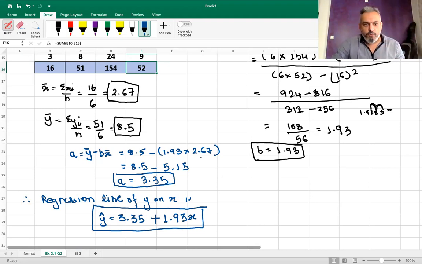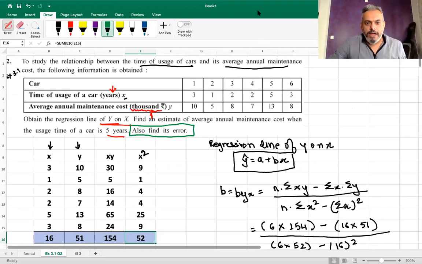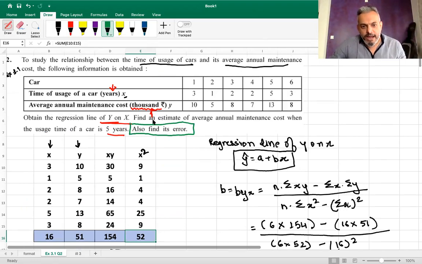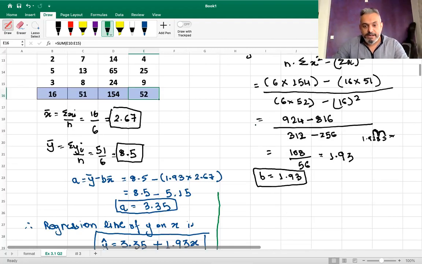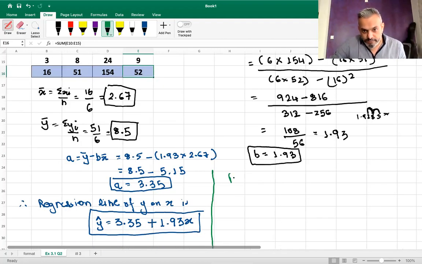Now for any value of x, we can find the value of y. So let's check what we have to find out. Find an estimate of average annual maintenance cost, that is, find value of y when usage time of car is 5 years. So x, which is independent, is 5. So putting x is equal to 5, y cap is equal to 3.35